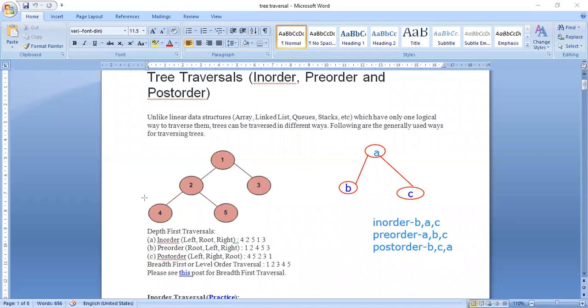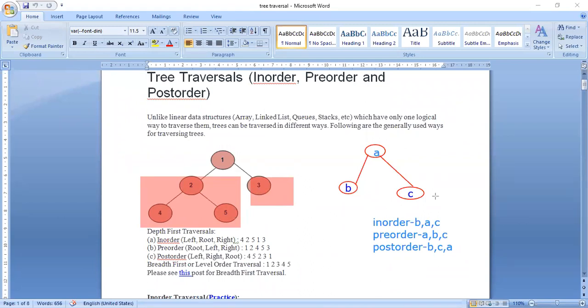So this is left child and this is right child. Whenever there are more than 3 nodes in the tree, the first example we have seen has only 3 nodes: A, B, C. But if we have more than 3 nodes, and if the tree has more than 2-3 levels, then